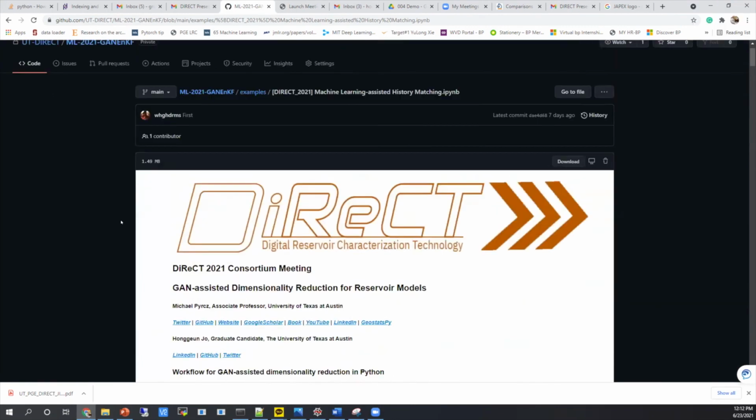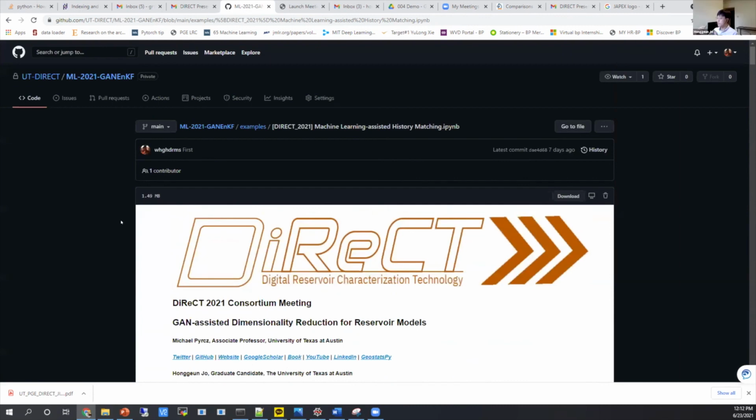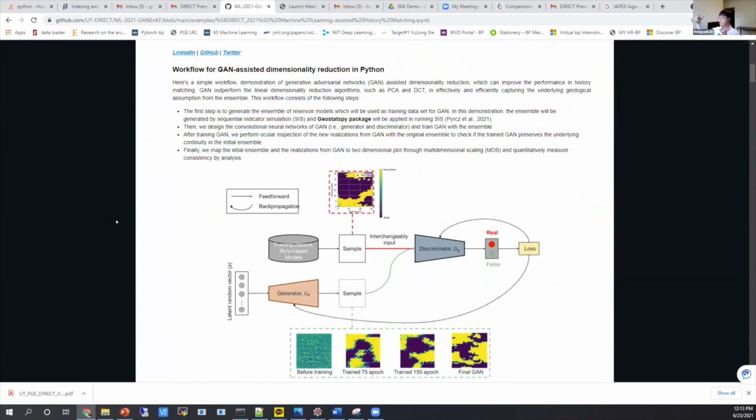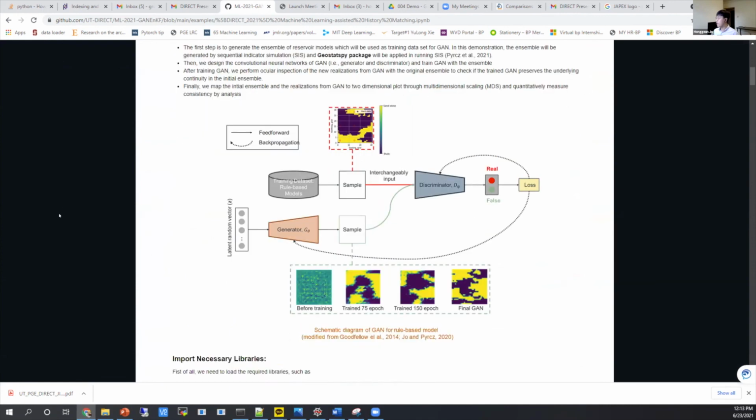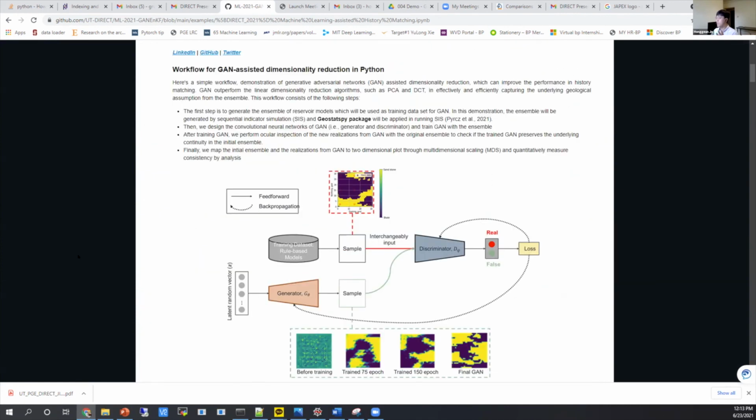So this is provided to the members of the consortium. This is one of our demonstrations. Here, because it's a distributed notebook, we cannot load very large data. We just demonstrate the 3D facies model. And here, it has from A to Z the workflow to generate the multiple realizations, and from there, how we can parameterize it by using GAN.